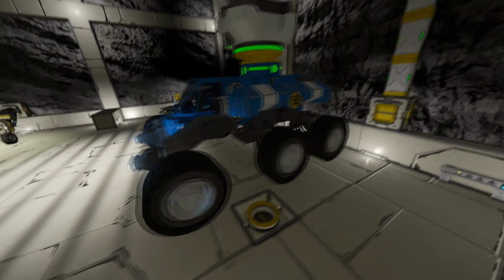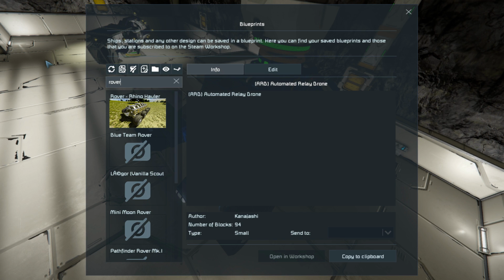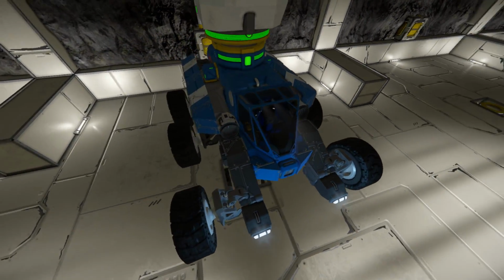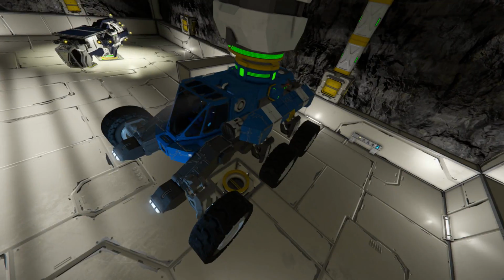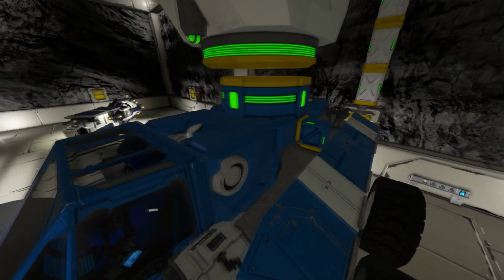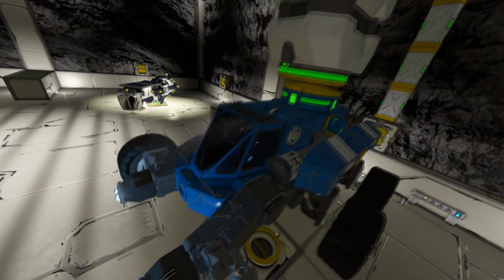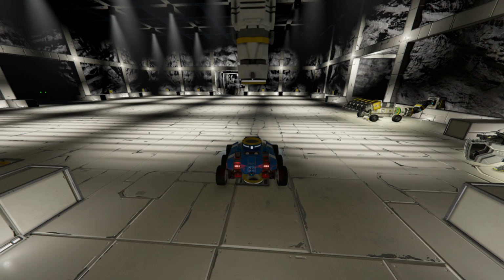And this little guy is actually sort of as official as a blueprint can be, as it is the Blue Team Rover by Zuckley, who is part of the developers, so they use it in their trailers and such, and I like to use it when I'm doing my update show-offs, just because it's a very standard little rover, so I can show off new blocks on it. But yeah, all I did to it was I got rid of the merge block here and changed it to a connector and piped it in. That was it. But let us go and check out our elevators,